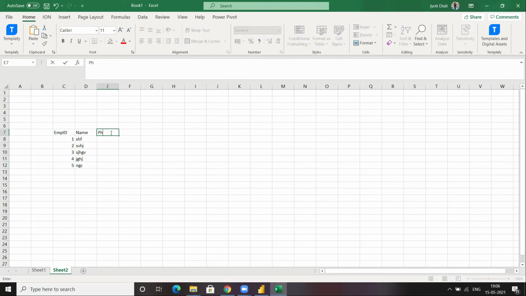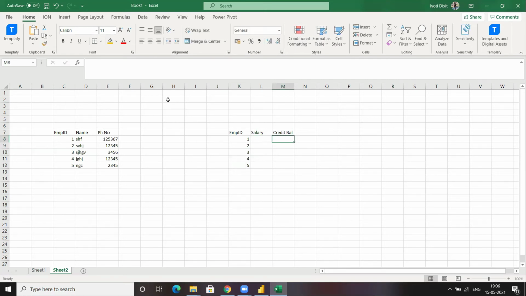Then over here, there's a phone number, and there's an address column also. And there is another table, which again has employee ID, and the salary and the credit balance, etc. So again 1 2 3 4 5, and the salary can be any number, right?